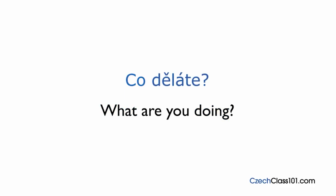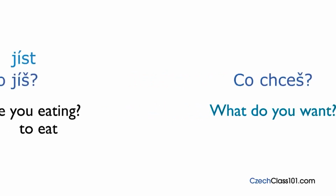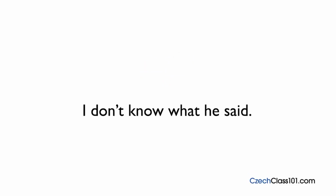For example, with the verb to want, it will be co chceš. What do you want? With the verb jíst, meaning to eat, it will become co jíš? What are you eating? What or co in Czech can also be used as a conjunction. So, for example, if you want to say, I don't know what he said, it will be nevím, co řekl